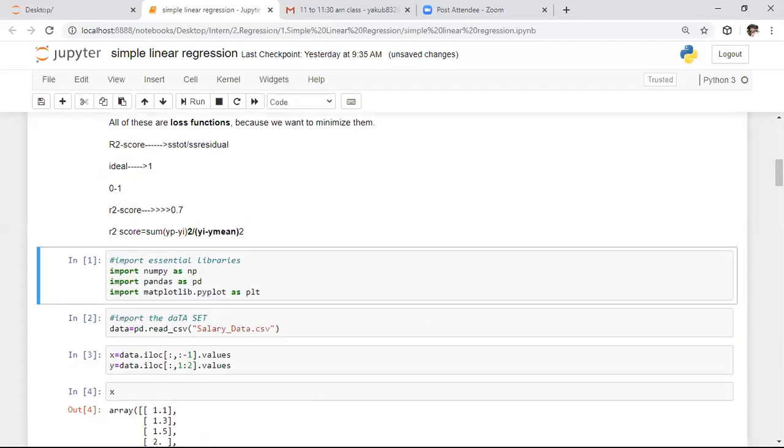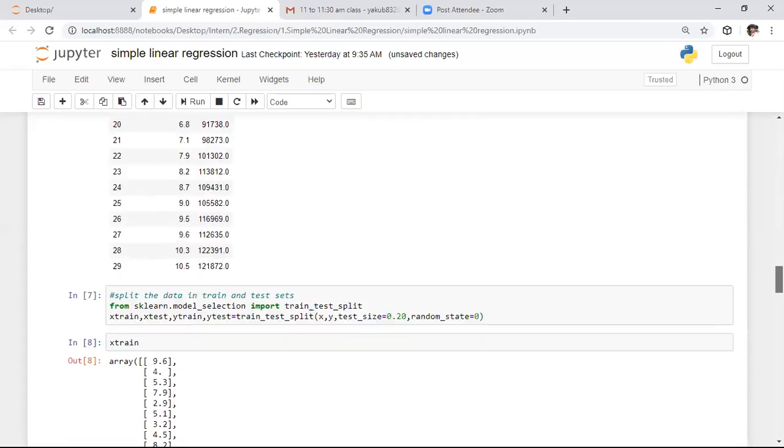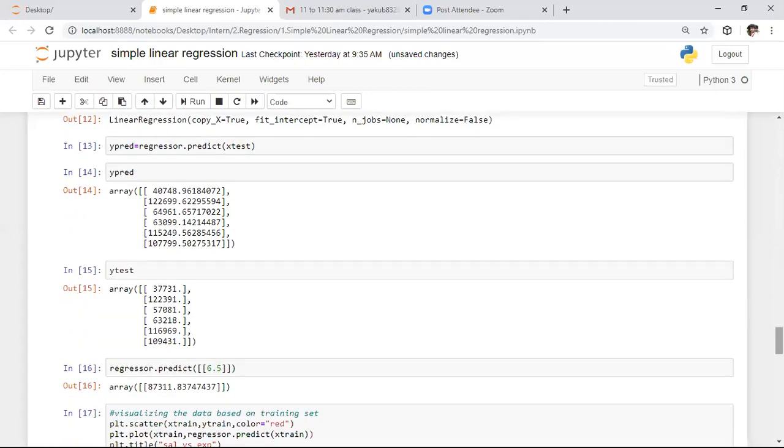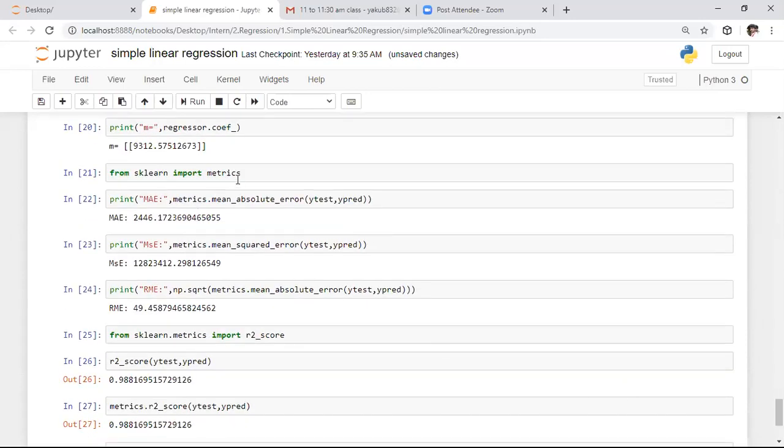To explain this, I specified the R2 score also in your previous project. These are the different steps in this project. Finally, if you want to calculate the R2 score, it is also present in metrics. We need to access the r2_score method, and in this function we specify y_test as well as y_predicted values.